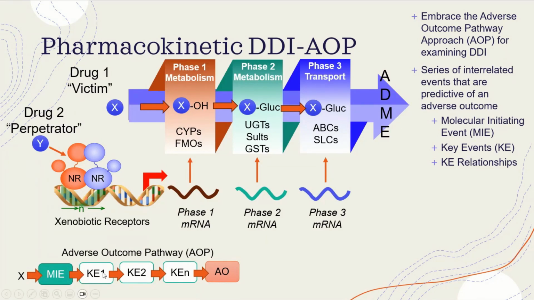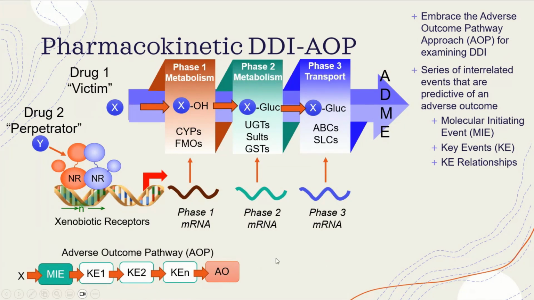An adverse outcome pathway is shown down here, where we basically put in enough scientific effort where we know the steps that go into an adverse outcome. So we know that there is a certain series of steps that occur. We know the order that they occur in, and we know which steps are essential between the chemical and